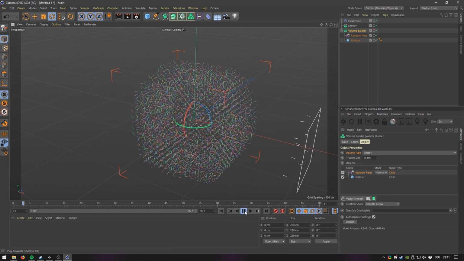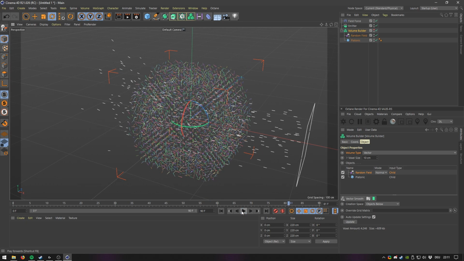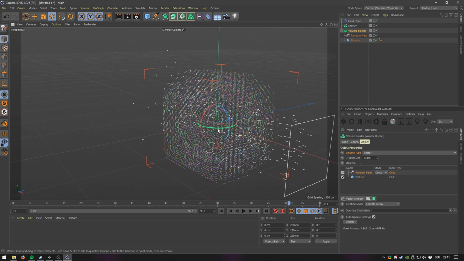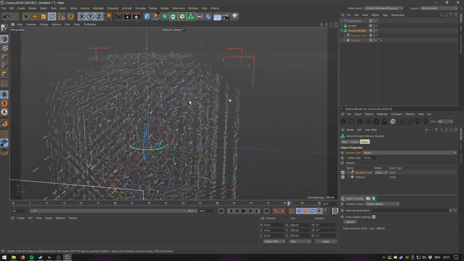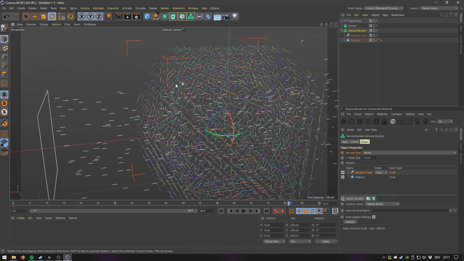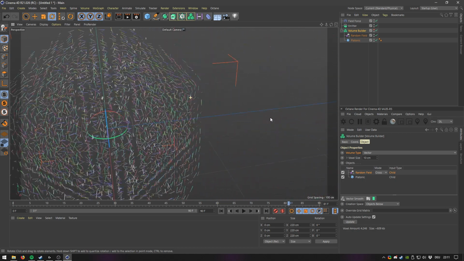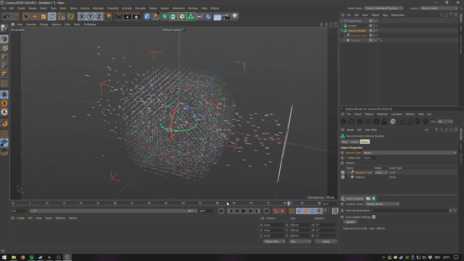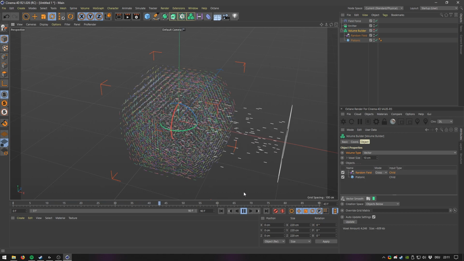Now for now, this is only creating random fields or random vectors inside this object, but we want to kind of cross it, which is exactly what we're going to do because we are going to change the random field mode from normal to cross. And now we get an interesting mixture of the base object, the directions of the base object and the random field. Now if we shoot stuff inside it, you can see